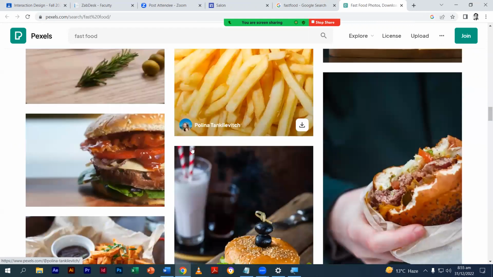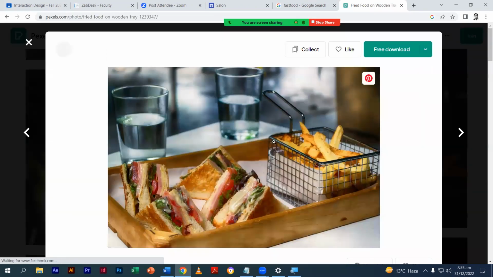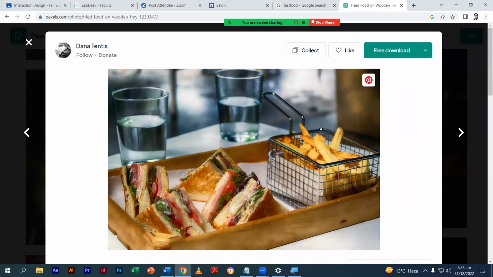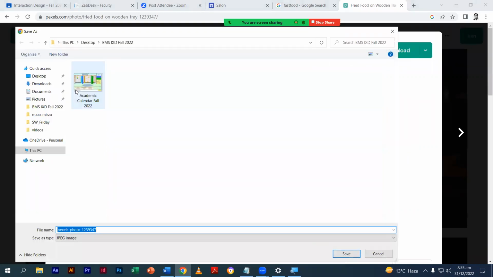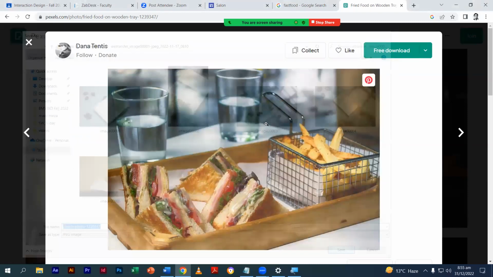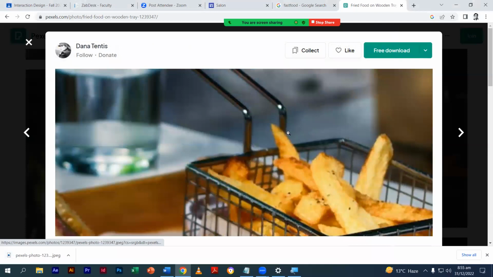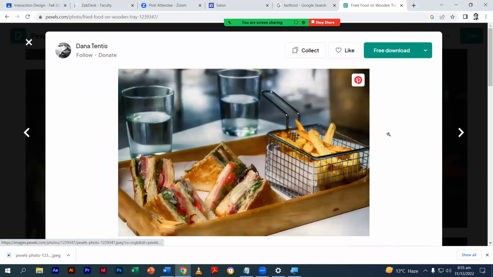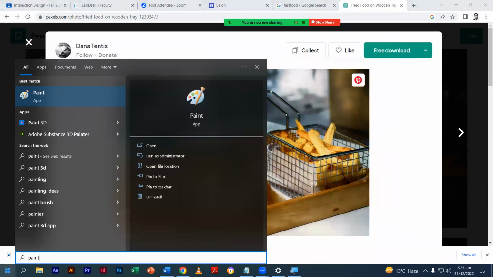By the way, if you ever want to use one of these photographs and you're not able to, let me give the example of this one. So this is by, I don't know, somebody else's work, right? So either आप right click करके save image कर सकते हैं, right? Save image as, and let me just save it on desktop, this folder. Or if you are not able to right click save as, you can even do print screen. You know what that is? या keyboard पे button होता है print screen का,